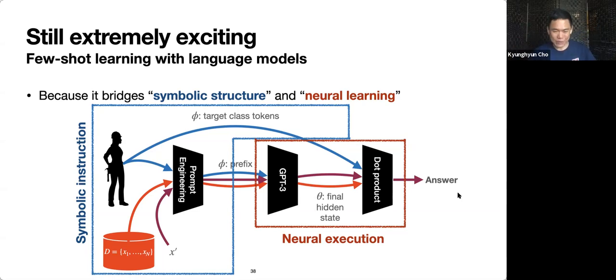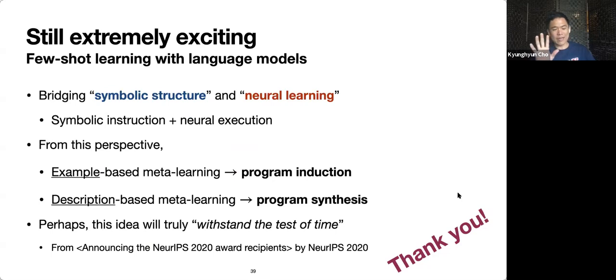So we're getting back to the name of this workshop now: we now have a neural net-based execution engine that is called GPT-3, or the large-scale language model. And what we're doing is trying to figure out how to write the instruction in a symbolic way. So we use a symbolic structure to write the instruction that is given to this neural execution engine, which is going to execute this symbolic instruction and then give us the answer. So this is a very exciting way to bridge symbolic AI and more parallel distributed processing based AI. So again, I'm very excited about this.